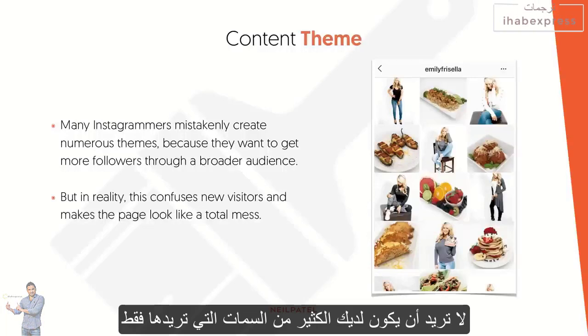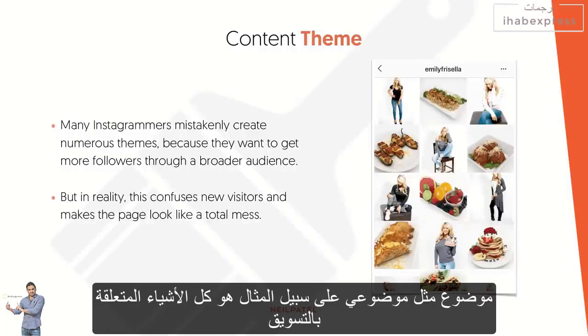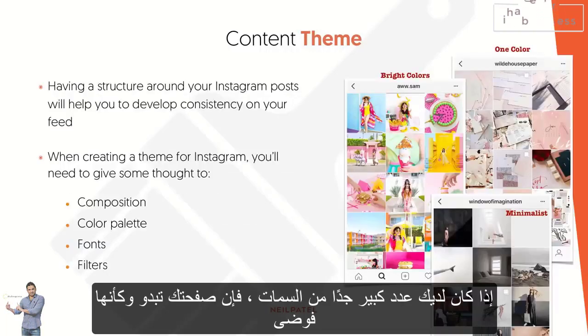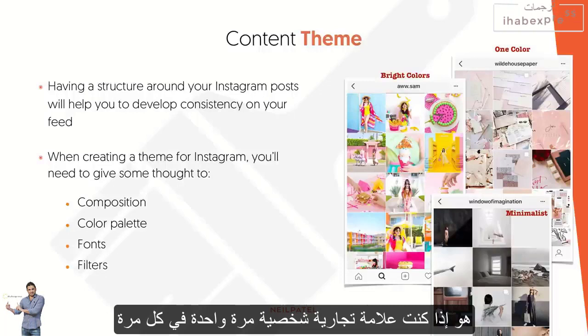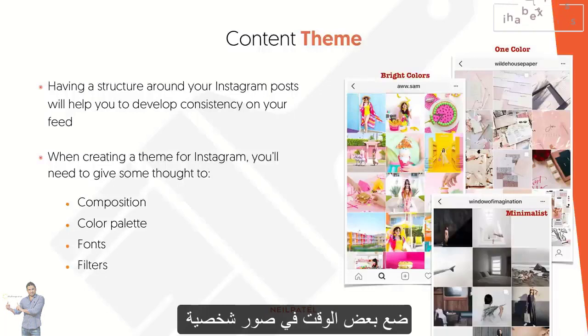You just want to have one theme. Like for example, my theme is all things marketing related. If you have too many themes, your page ends up looking like a mess and it's hard for people to follow around. The one thing I would recommend is if you're a personal brand, every once in a while, put